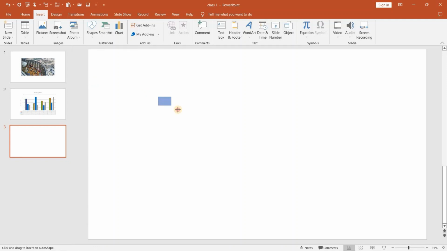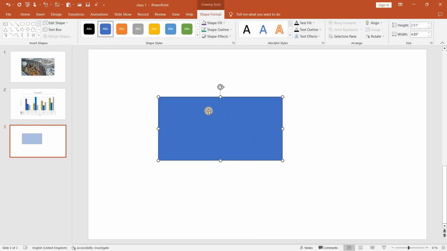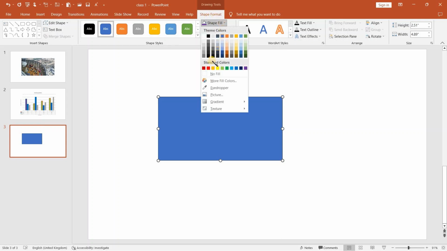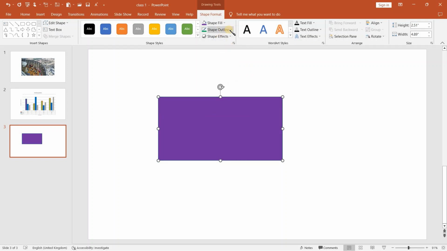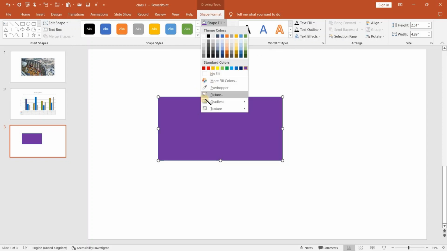And I click on the slide, hold down my mouse, and then drag the mouse downward, but in an angular perspective though. And so here is my rectangle. I've been able to draw that. When I draw a shape, the contextual menu of that shape will appear here as a new tab, giving me room to customize the shape as regards color. I could choose to have a purple color for that,